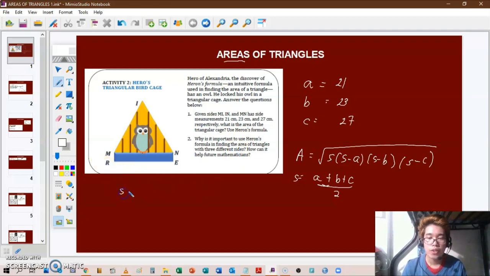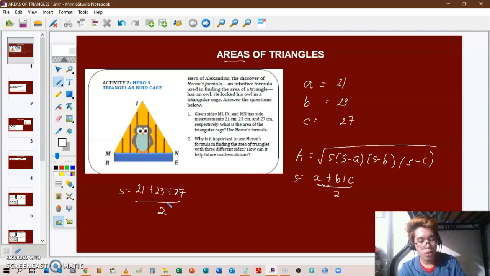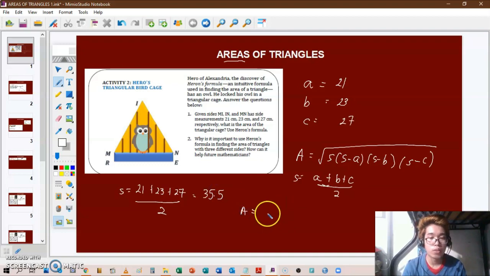So S, or the semi-perimeter of this triangle, is equal to 21 plus 23 plus 27 divided by 2. Let's check that on our calculator. We have 21 plus 23 plus 27 divided by 2, so we get 35.5. That's the value of our S. Now A, the area of our triangle, becomes the square root of 35.5